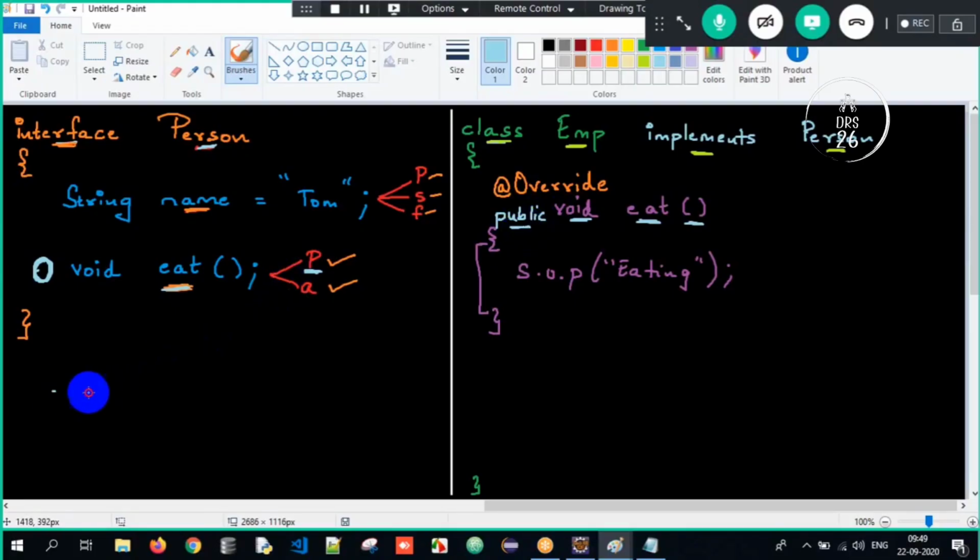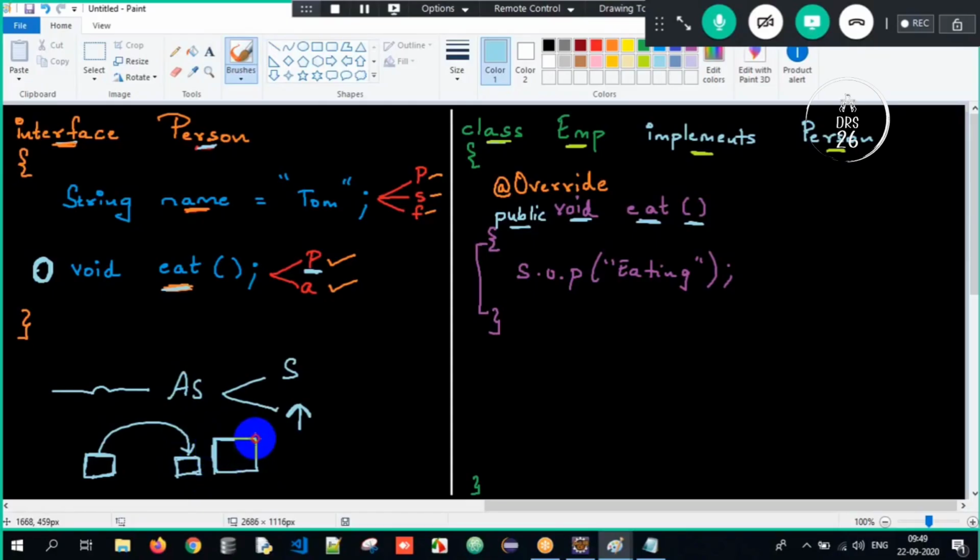Meaning when you override a method, the access specifier has to be the same or of increased visibility. If you have a default method, once you override it, you can keep it as default or increase the visibility to public. Got it? Now imagine the access specifier is public, but you cannot decrease the visibility to default.